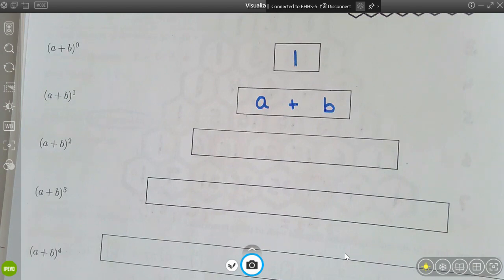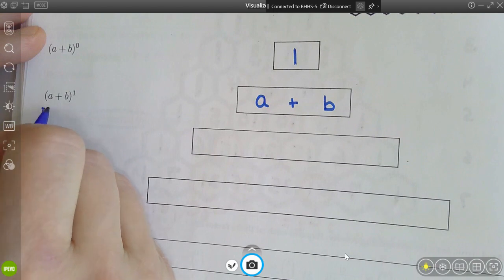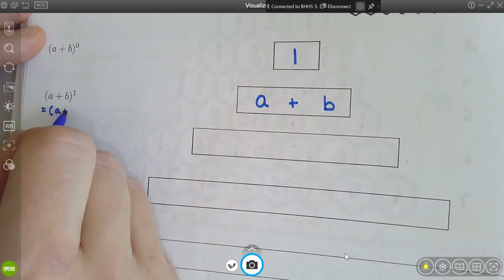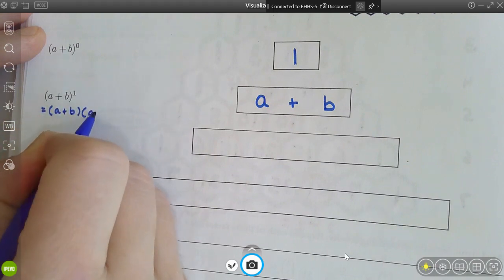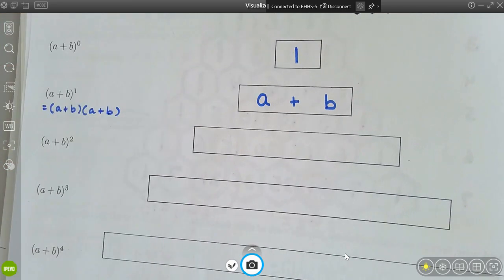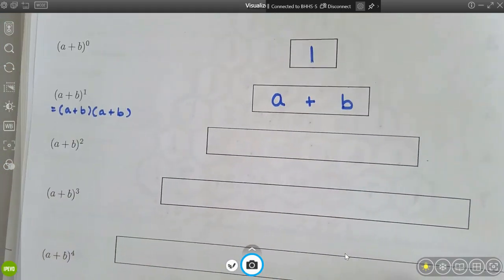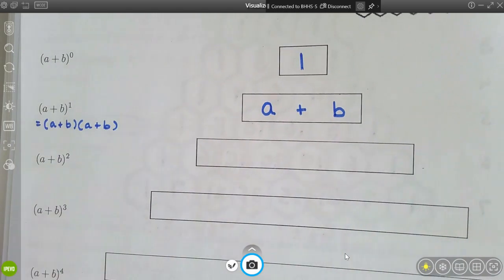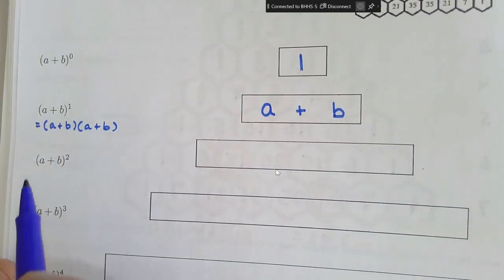Let's look at the next one. a plus b to the 2nd power. Let's expand that. That's like saying a plus b is multiplied by a plus b, isn't it? Those are the same thing. So if we were going to multiply that out, we would go, let's see, a times a